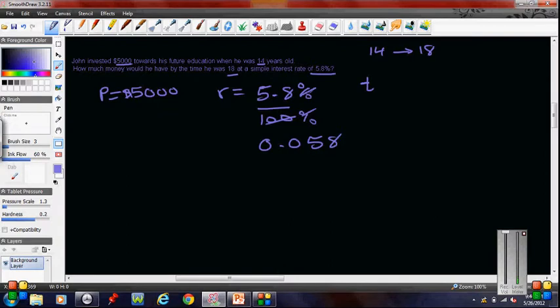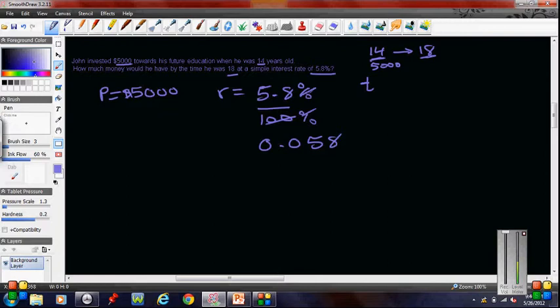So let's say he put his $5,000 in right at the beginning of 14. That means by 15 he would have 5,000 plus PRT. So at exactly 14, he has $5,000, and at exactly 18, he has